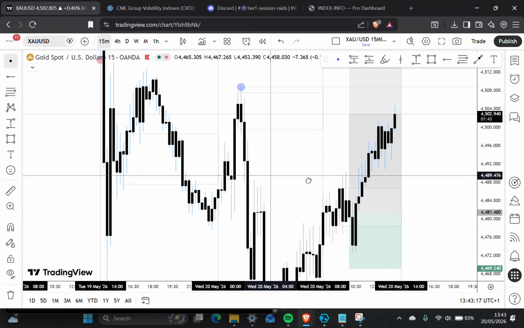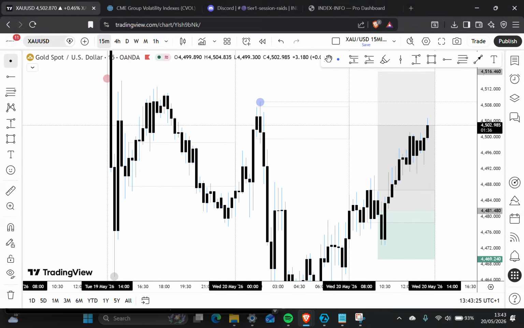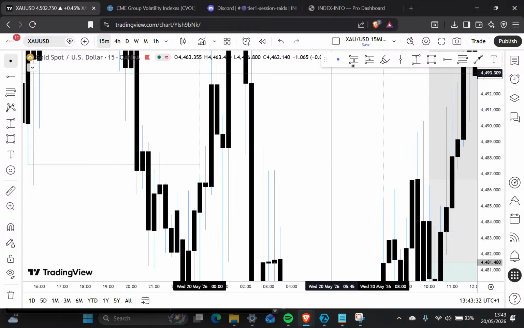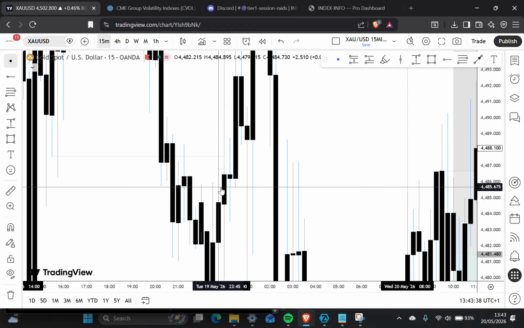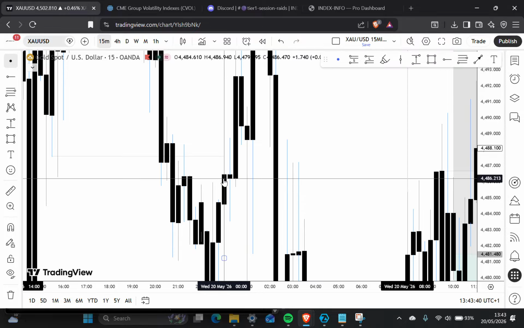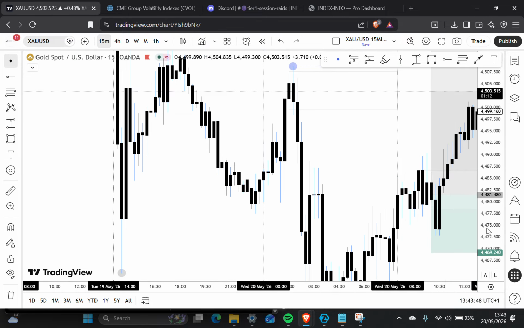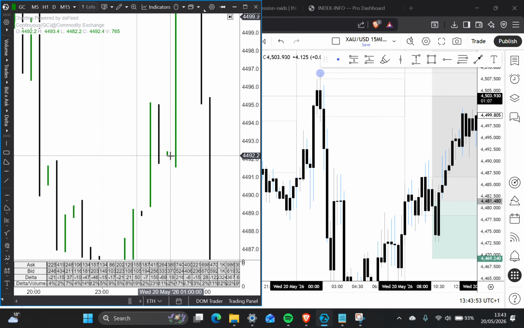Asia opens up at 12 o'clock. Now Asia needs to print the first high and the first low, whatever comes first, the order doesn't really matter. I'm going to keep an eye on every single candle until Asia prints 2 candles with flat bodies facing to the upside or downside. Upon Asia opening, 12, 12:15, flat bodies to the upside, 1, 2. That's your first high. Then what I do is I go onto the footprint charts. I open up the footprint charts.